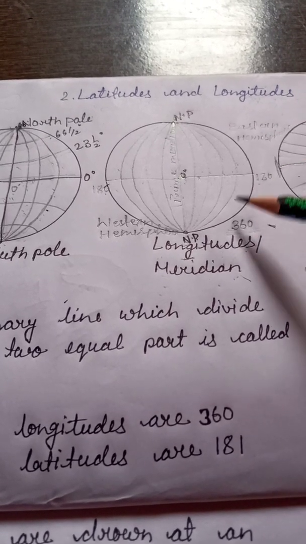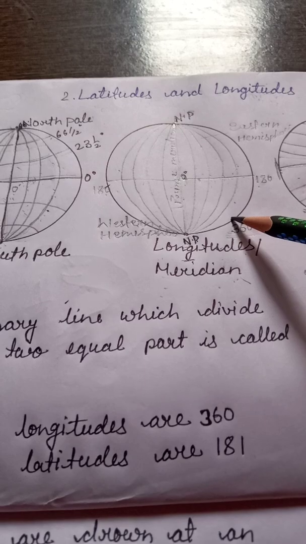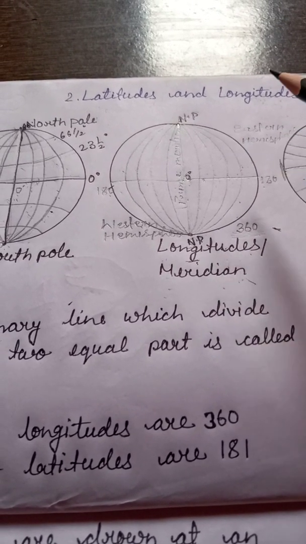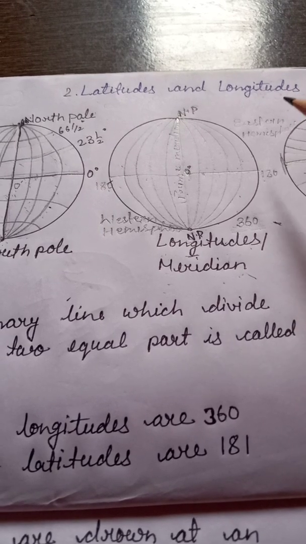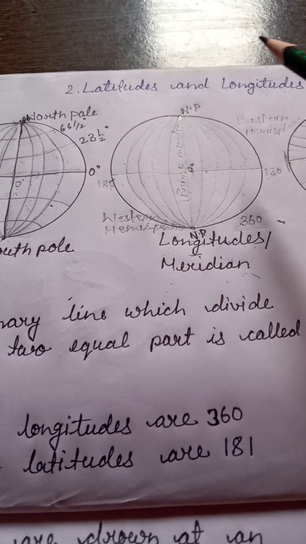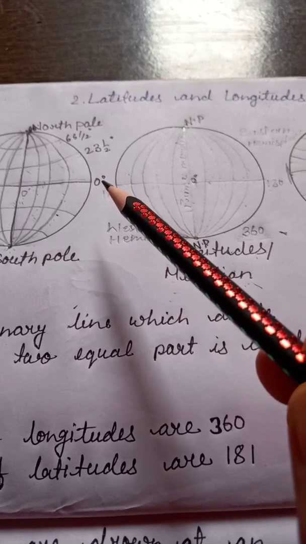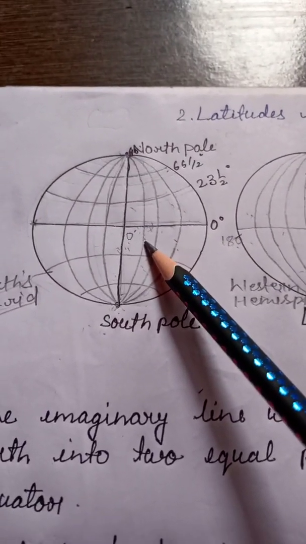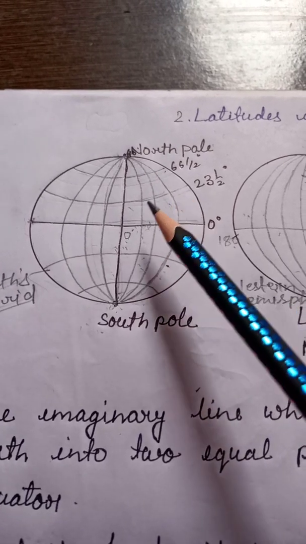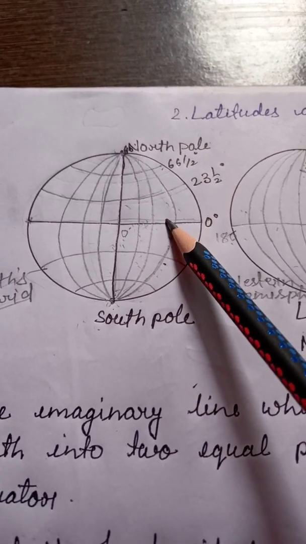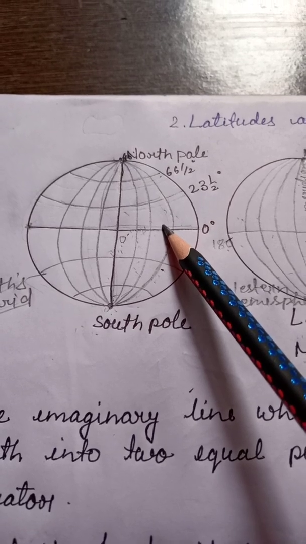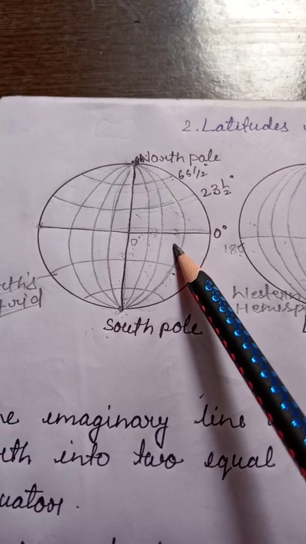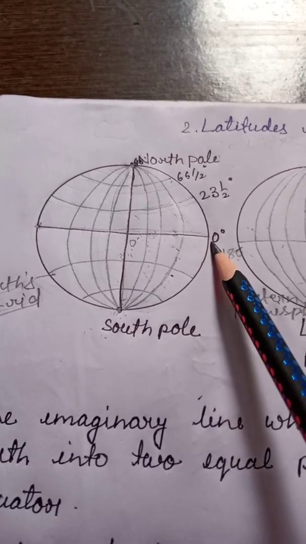Children, have you seen a globe? Yes, a globe is found in circle form, right? And a globe has two types of lines you can see, right? The latitudinal lines and the longitudinal lines, just like this. You can clearly see the latitudinal lines and the longitudinal lines on the globe. Actually, the earth does not have any type of line. The globe has lines, but the earth does not.